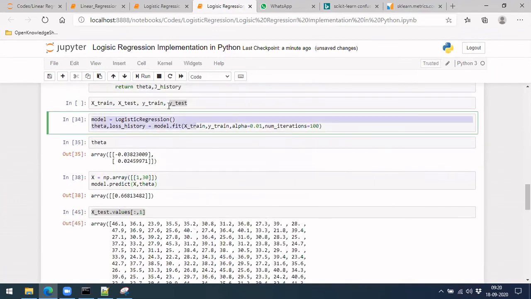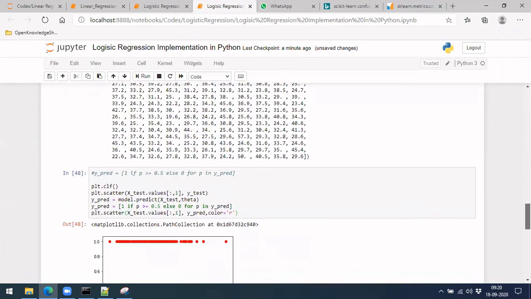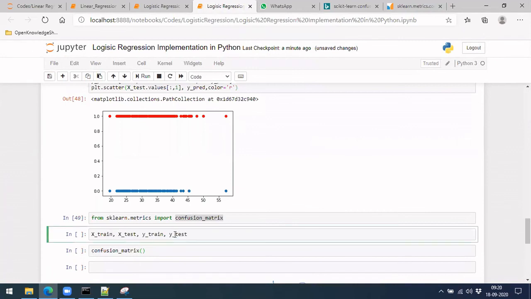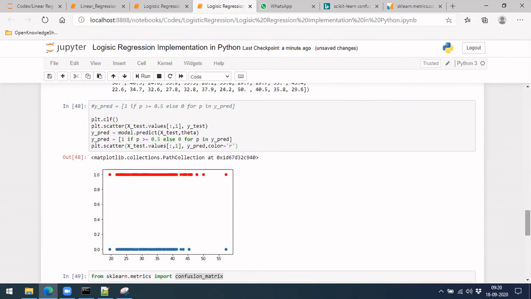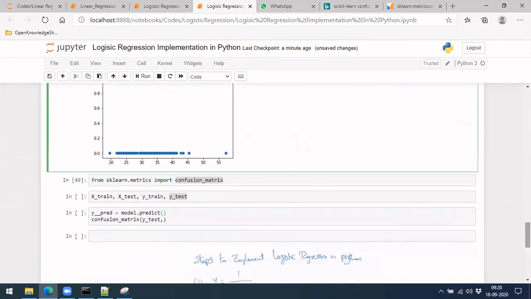Here you have these things, so let me copy all from there and use it here. y actual is y test, and y prediction is what we have to calculate. So let me calculate y prediction as model dot predict, and then the value from there. This entire line which we used earlier, we can copy that and use it.